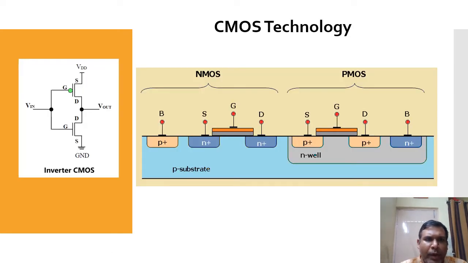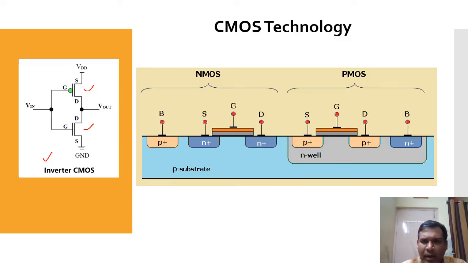Now when we combine these two transistors, this is the p-type transistor, which as I just told you has a bubble, and this is the n-type MOSFET. When we combine this p-type MOSFET and n-type MOSFET in a series configuration, it becomes a CMOS. This is the schematic representation of the CMOS structure, and this one is the physical representation,